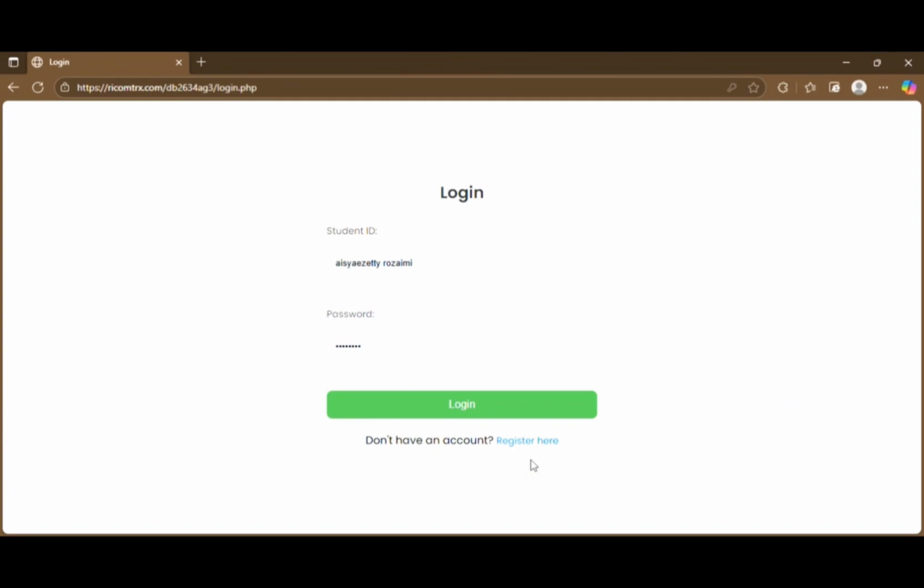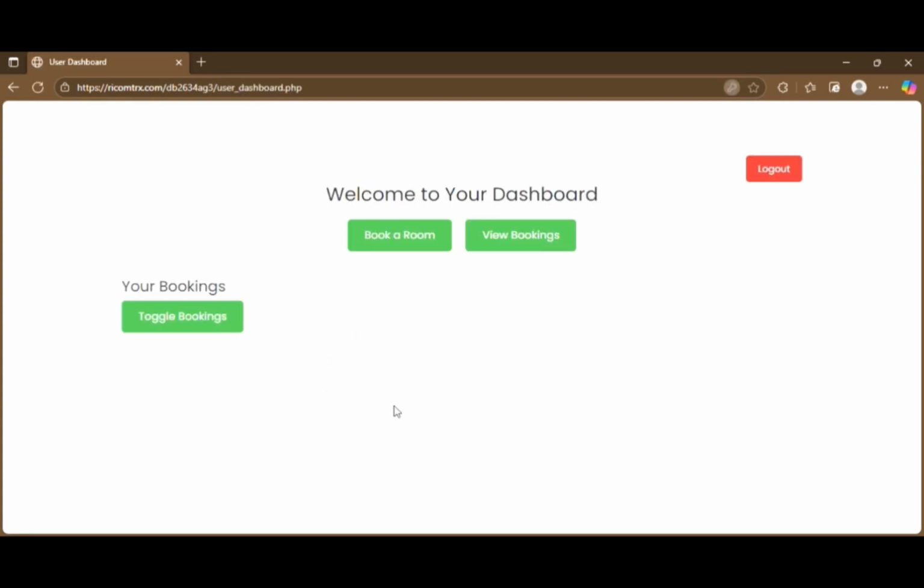Now that you have successfully registered, let's move on to the login process. On the login page, simply enter your student ID and password that you have just created during registration. Once you have entered your credentials, click on the login button and you'll be directed to your dashboard where you